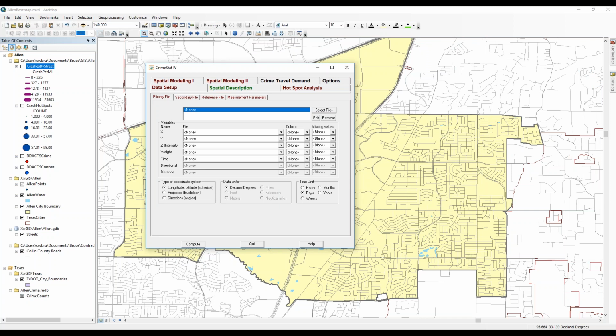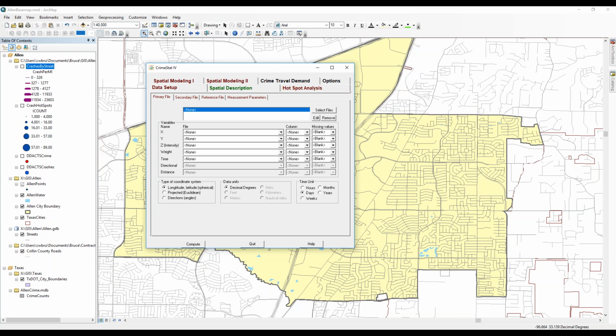It was written by a Houston-based academic and programmer named Ned Levine, and it's been updated a few times since it was originally commissioned, most recently, I think, in 2014. I don't think there are plans to keep it going in the future, which is really too bad because it does some extraordinary stuff, and I hope somebody finds some funding somewhere to make CrimeStat, or at least the principles of CrimeStat, live. But until it disappears,